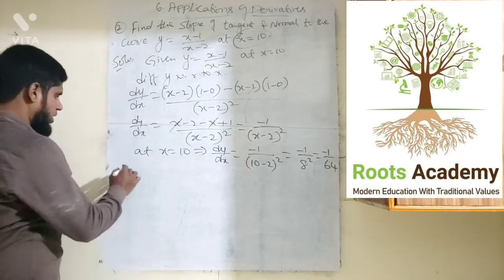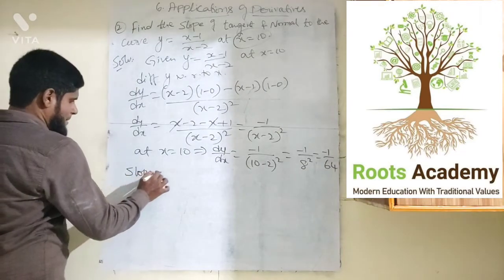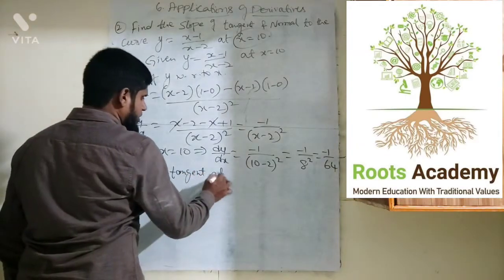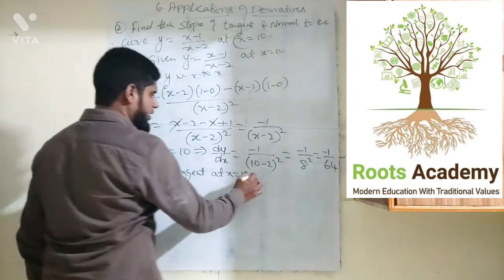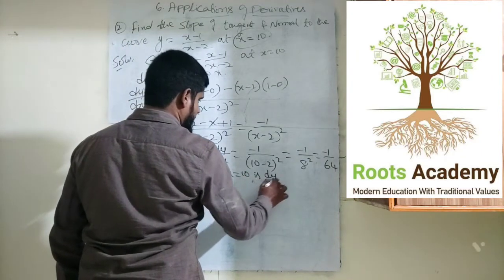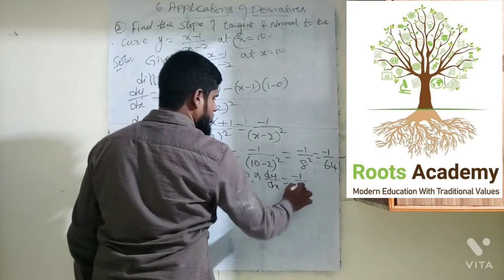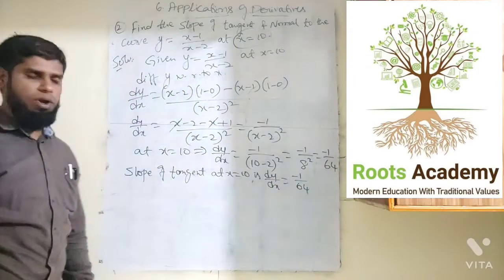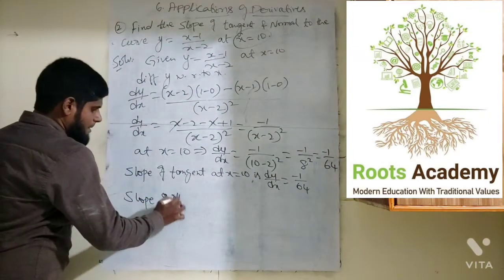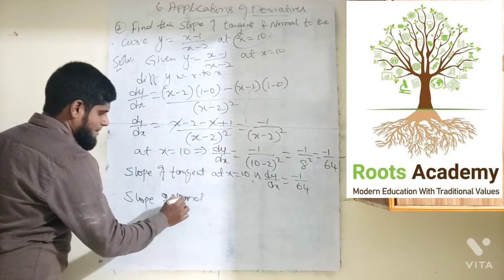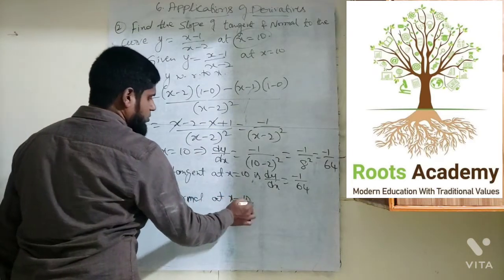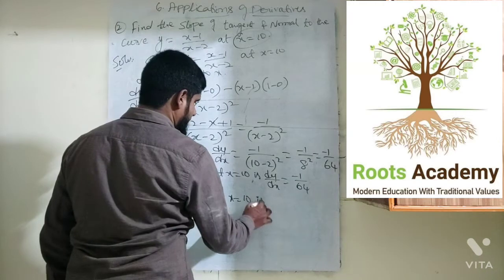So the final conclusions are: slope of tangent at x is equal to 10 is dy by dx is equals to minus 1 by 64. Slope of normal at x is equal to 10 is